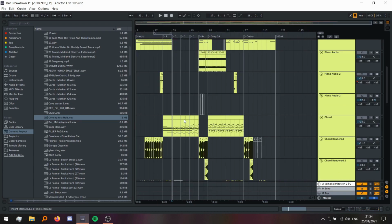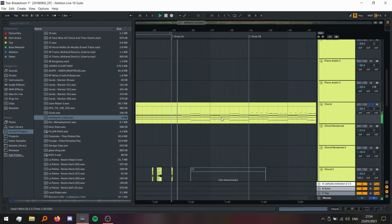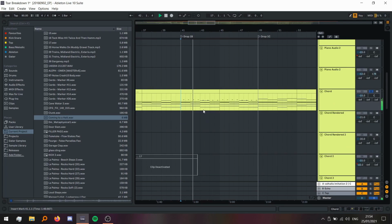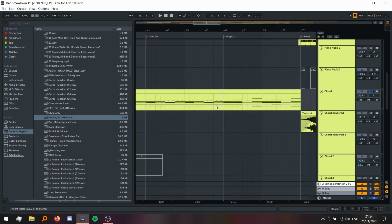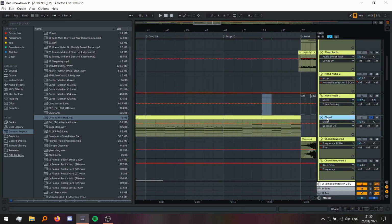Then in the drop, I've got the main chord sound here, adding in an extra melody line there, and then extensions to the chords in this section. And in this bit, I thought it was cool to get some real filter movement going. So, I mean, it's just a low pass, but it's quite...